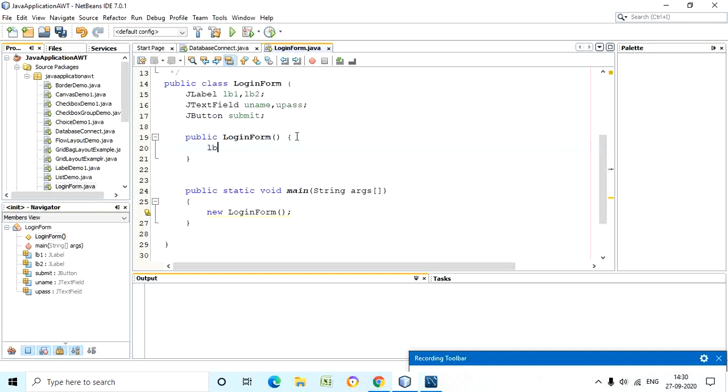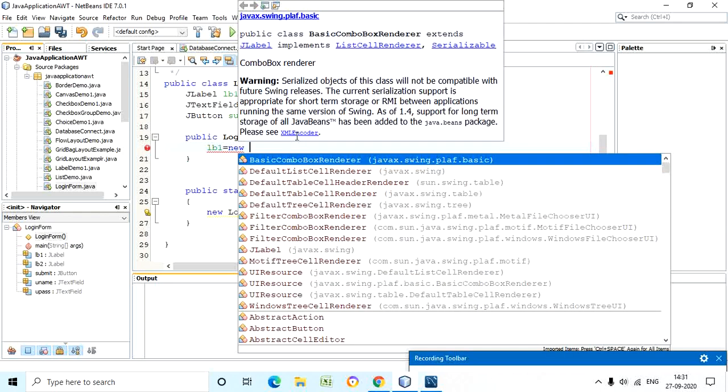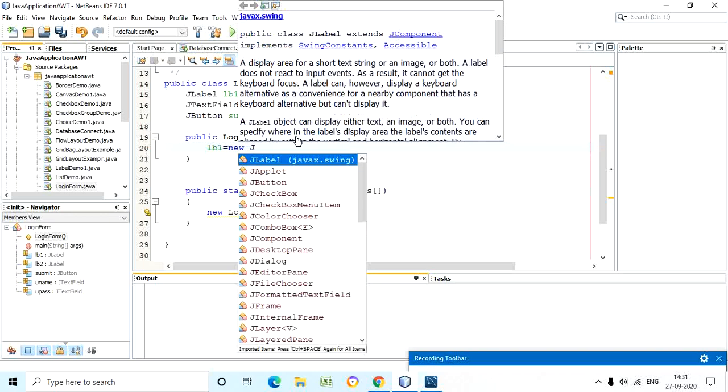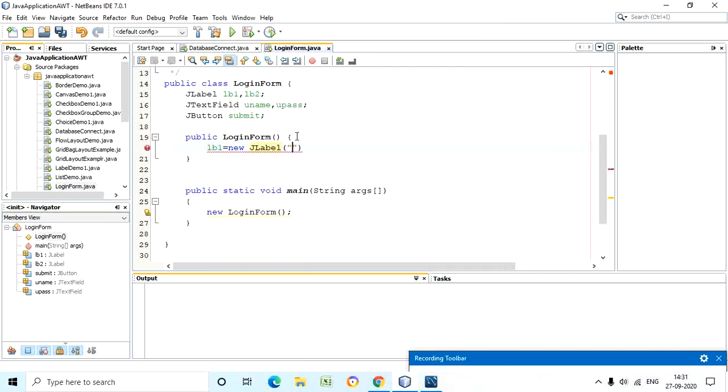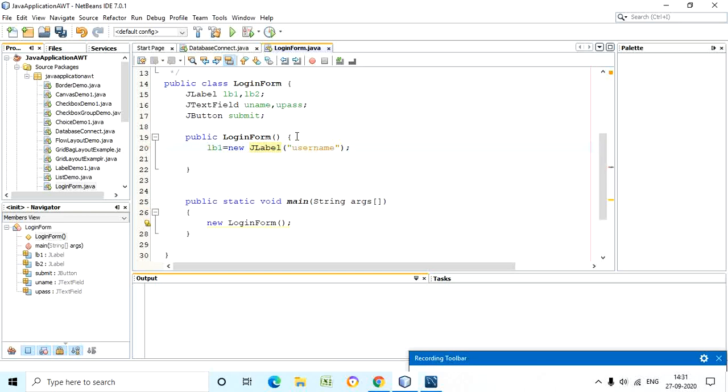I want to initialize the first object, that is lb1. I want to initialize in this fashion, lb1 as a J label, right? So I am giving a name as username to that particular label, right? Similarly, I want to initialize other objects also. This is lb1, similarly lb2, and so on.